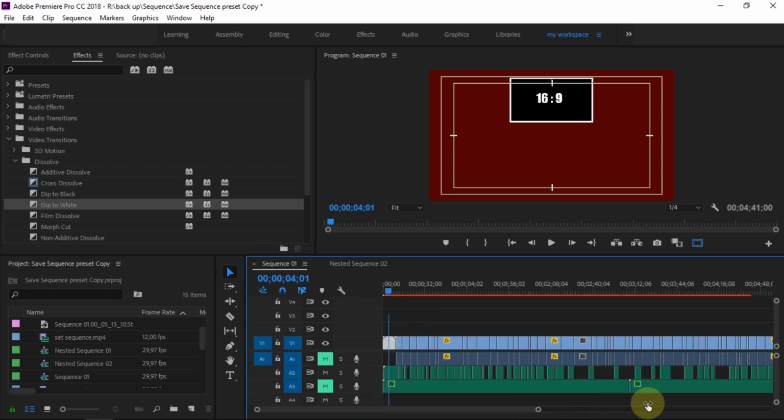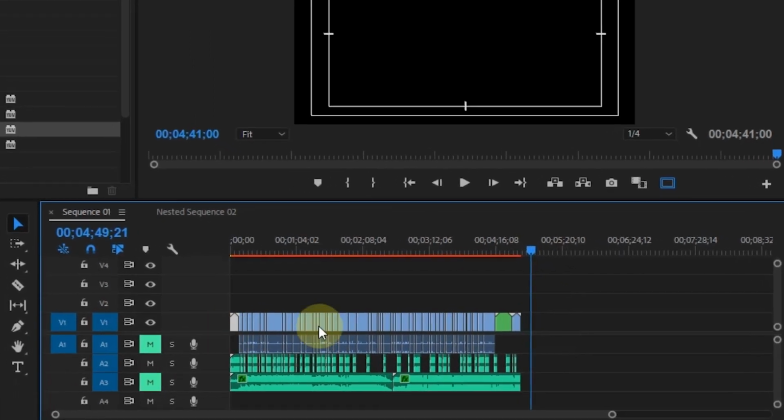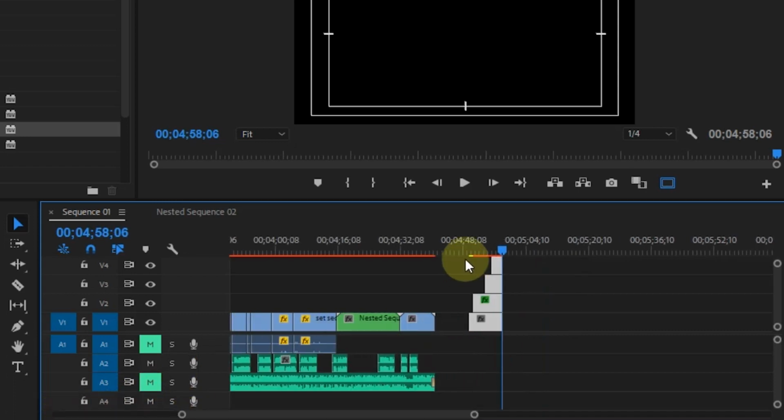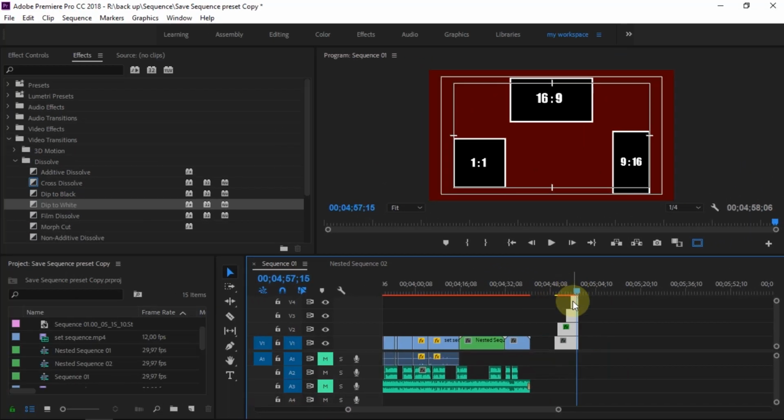In order not to overwrite the existing clip in the main sequence, place the cursor line in an empty area, and then press Ctrl+V to paste the clips, and now those clips have been copied from the nested sequence. We can delete it if the nested sequence is no longer needed.